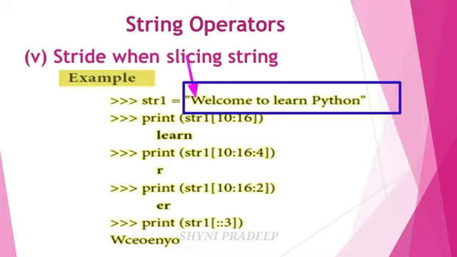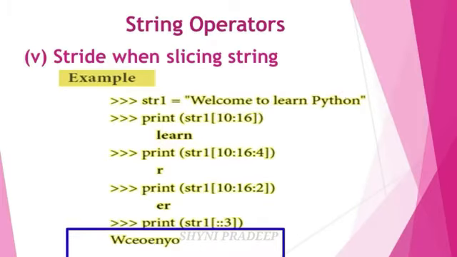First you have to take W and leave the next 2 characters, and take C, and leave the next 2 characters, and take E, leave this blank space and this T, and take O, and leave this blank space and this L, and take E, and leave the next 2 letters and take N, and leave this blank space and P, take Y, and leave this T, H, take O. This will be printed on the output screen. You have to remember one thing, you have to assign index values to blank spaces also. So these are the positive index values.